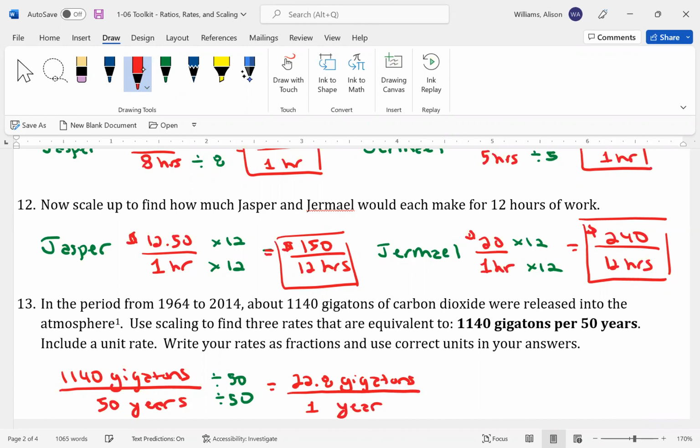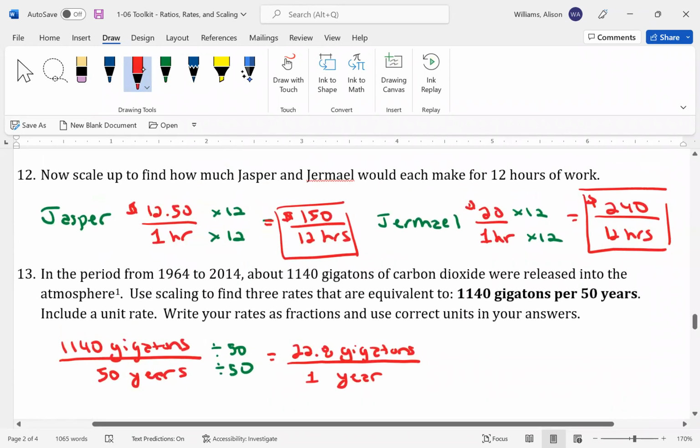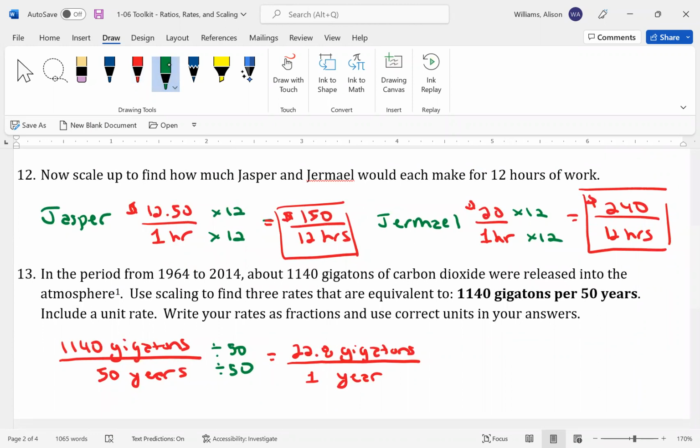All right. Let's see how much space I have. Okay, so since I don't have a lot of space, let's scale up. Actually, here, we can scale up the unit rate. Nice. That way we can do it a little bit quicker. So let's scale up 2 by 2. And that gives me 22.8 times 2, 45.6 gigatons